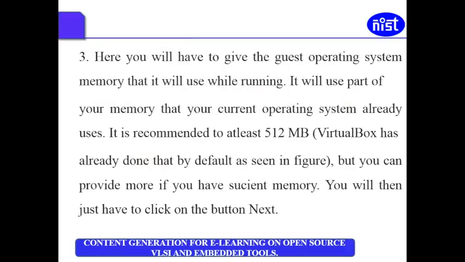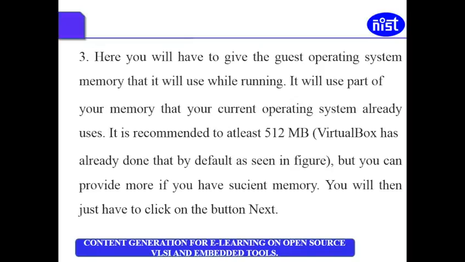Here you will have to give the guest operating system memory. It will use part of the memory that your current operating system already uses. It is recommended that you have at least 512 MB.